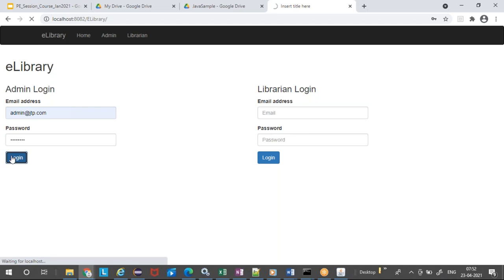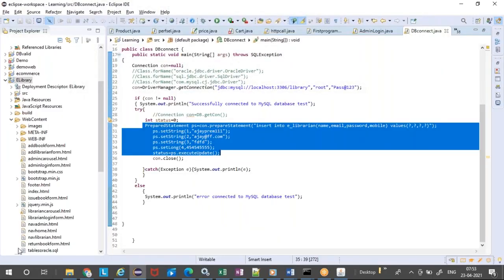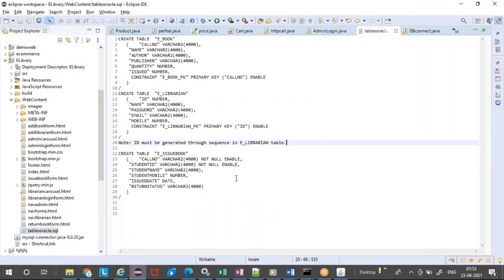But for the other functionalities, you need that. Once you have created a MySQL database, I will provide you a set of queries, the structure for each and every table. There has to be tables called e-issue book, e-librarian, e-book. These three tables have to be created this way.